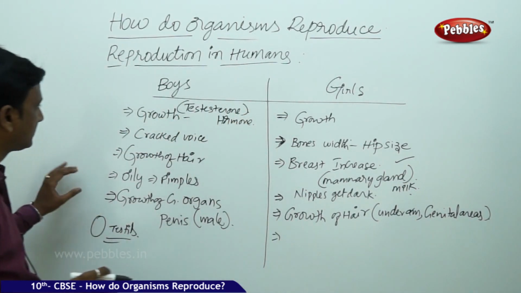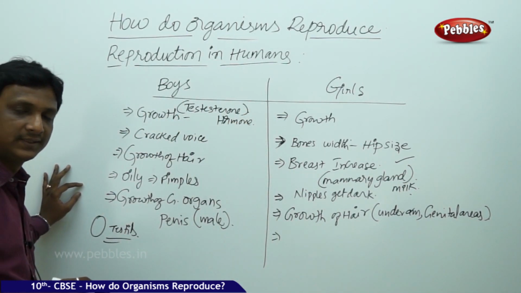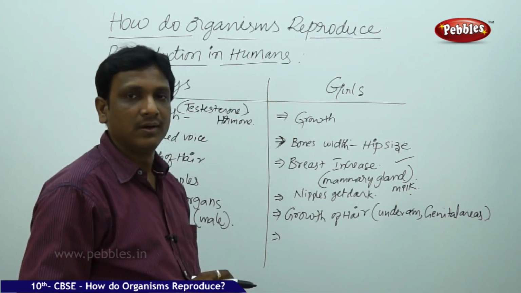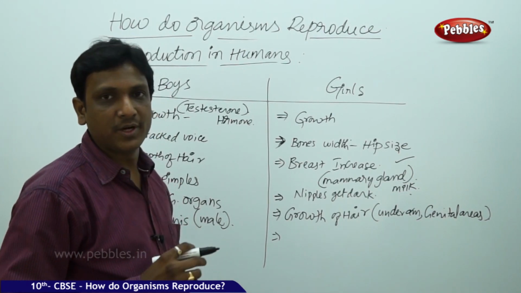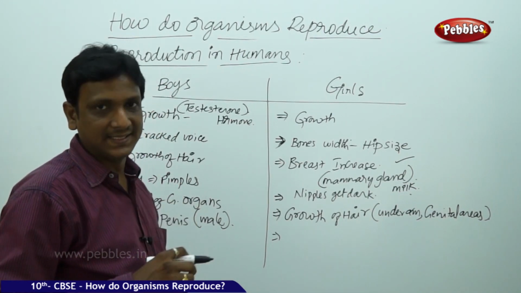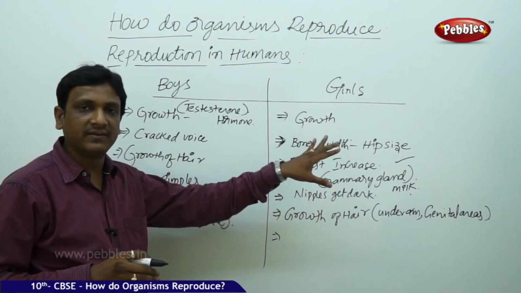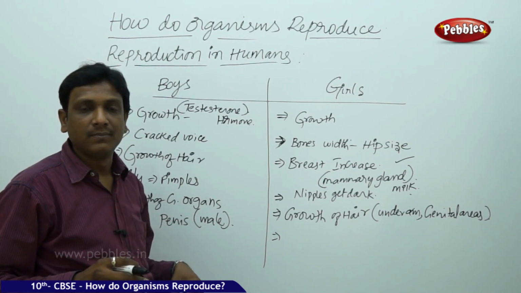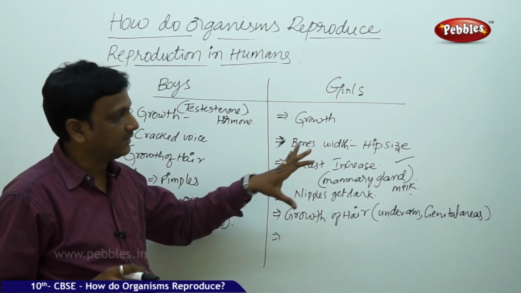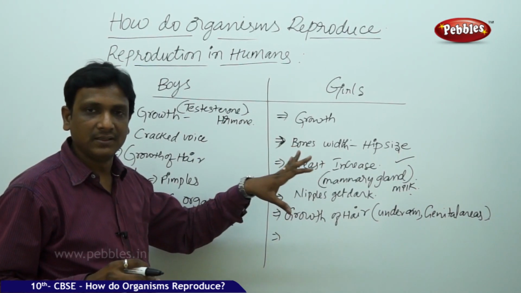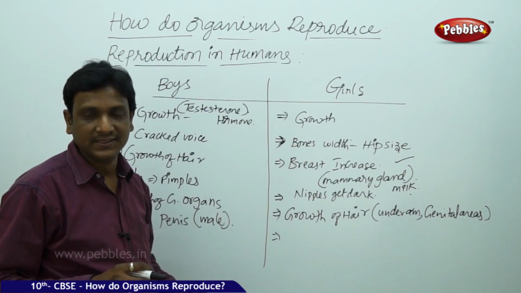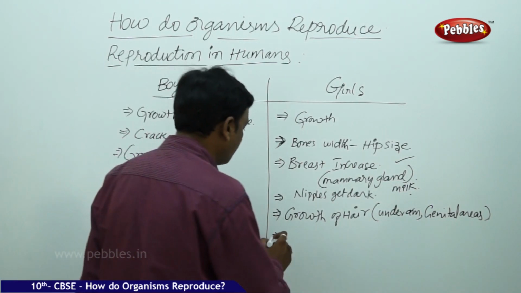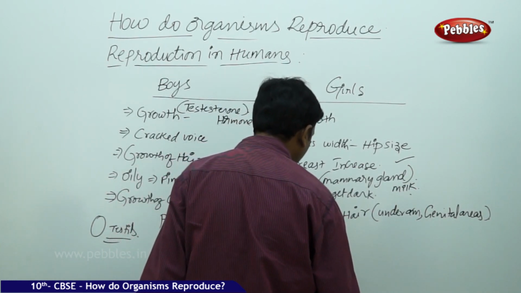Here in case of males, the onset of production of male gametes takes place in the testis. Similarly, in females also, the female reproductive cells are produced and released. Actually, in case of females, by birth they will have a number of female cells in their ovaries. But at this age, at the time of sexual maturity, these reproductive cells mature and they are released. The release of ova is initiated by a process called menstruation. So the onset of menstruation is an indication.